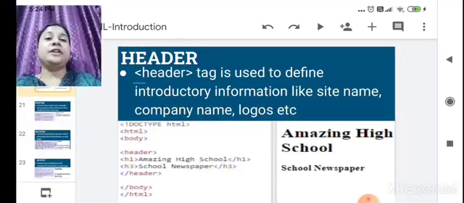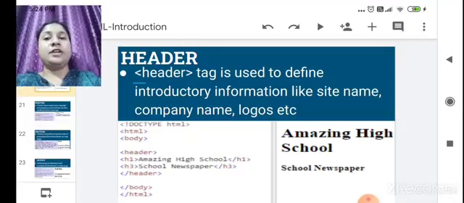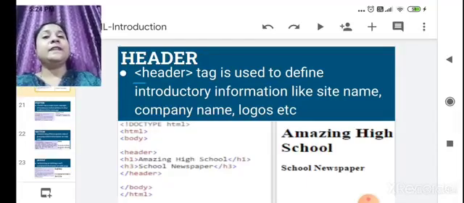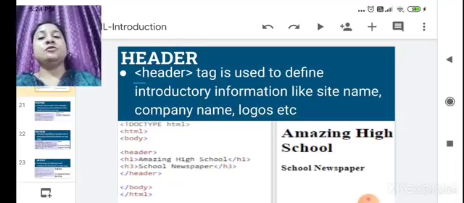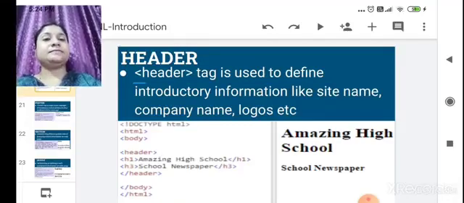The header tag appears at the very beginning of the body of a web page. We have already seen that there is HTML, then after HTML there is a head. If you write anything in the header, that is nothing but the site name, company name, logo or slogan.